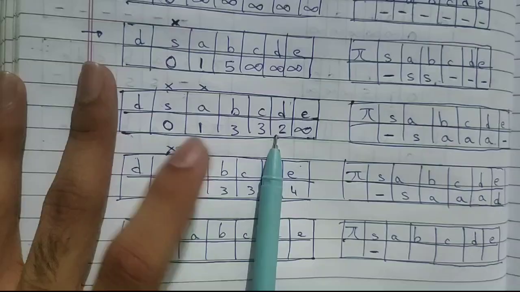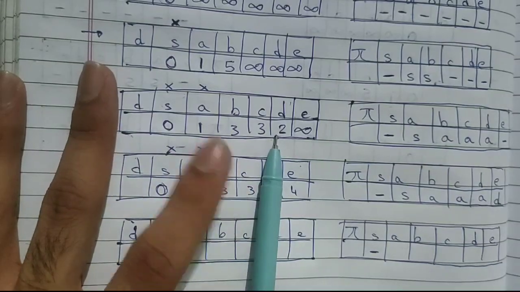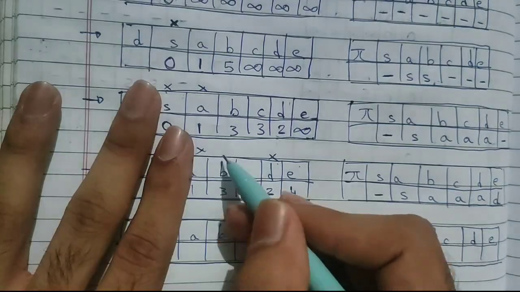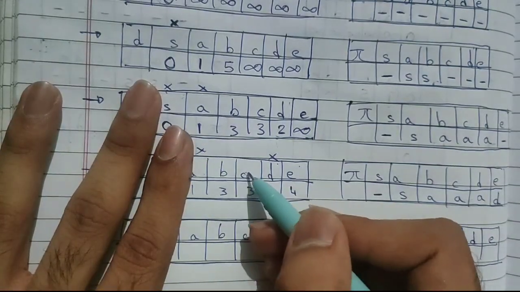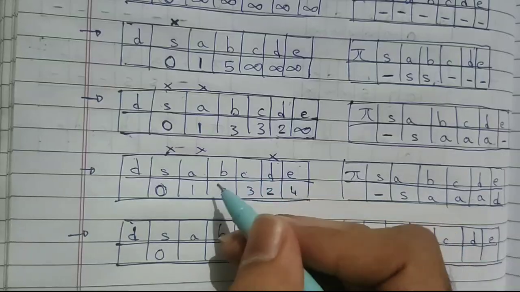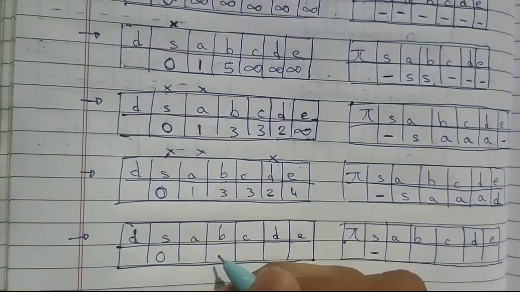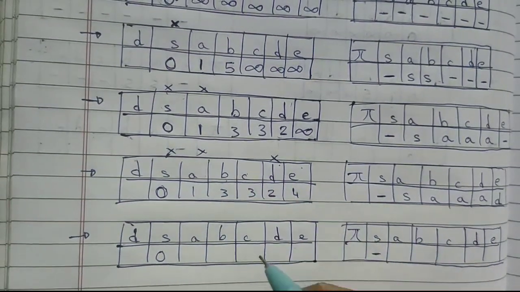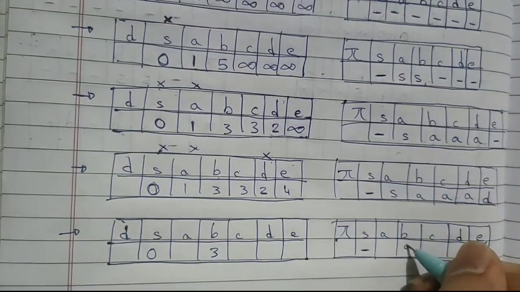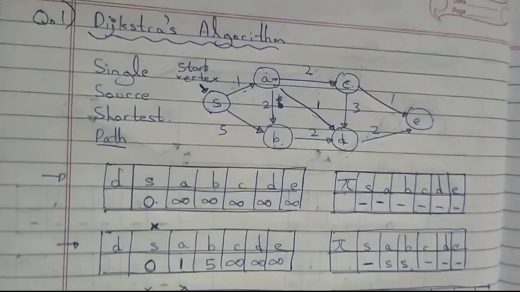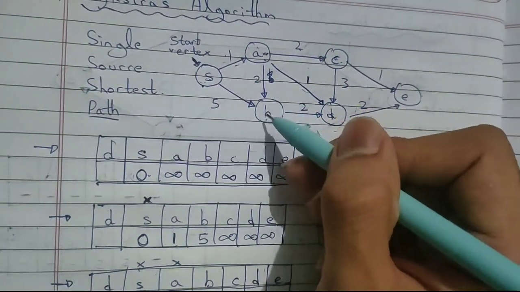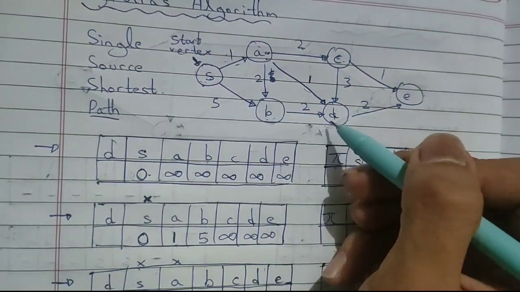Okay, so now which of these have the smallest possible distance? You can see that B and C both have the smallest possible distance, 3 and 3. So which one to choose? In order to avoid ambiguity between which one to choose from these two, we can just say that the one that comes first in the alphabet, B comes first, no, A, B, C. So since B comes first in the alphabet, we'll choose that. So the next vertex that we choose is B. So we can write B's values as it is,